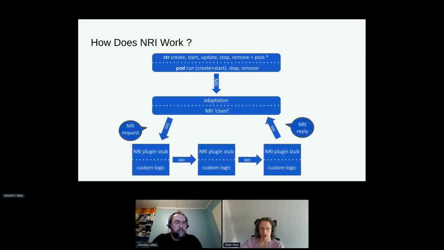Zooming in a little bit closer, NRI has a number of protocol definitions, and each of those is related to a lifecycle event inside of a container or a pod. So you have container start, create, update, stop, remove, and then a bunch of post operations like post stop that allow you to respond after something has happened. Each of those inside of the CRI implementation has an NRI hook that calls into the adaptation layer, and that adaptation layer calls a specific TTRPC call